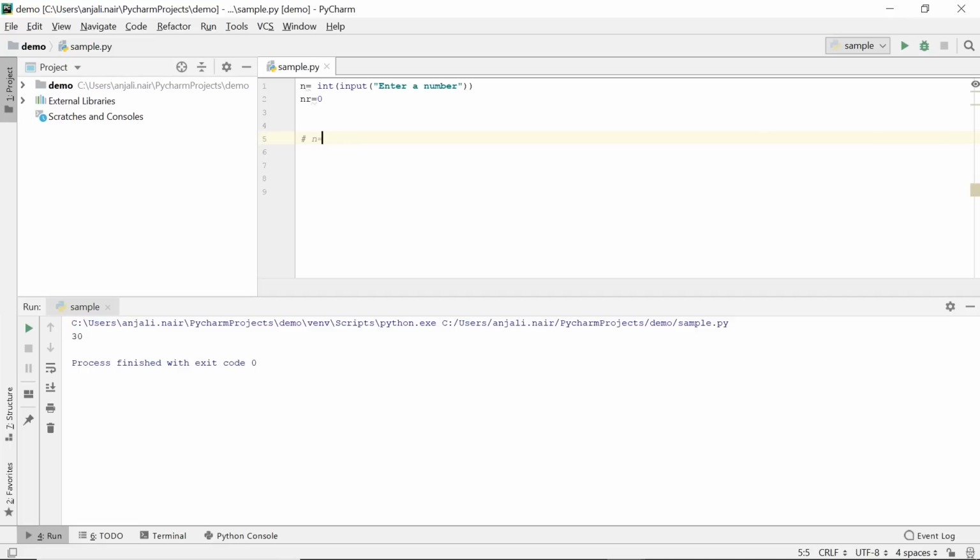Now suppose n is equal to 5, 6, 7, 8. nr should be equal to 8, 7, 6, 5. So if you look at the values of n and nr, you'll notice that what we basically need to do is remove the last digit from n and add it to the front of nr.